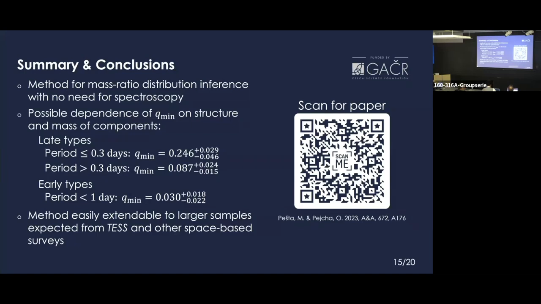Yeah, actually, my interpretation is that it has to do with the type of the mass transfer which occurs before the formation of the contact binary. I think our results are roughly in line with the model of Stepien for the formation of contact binaries,